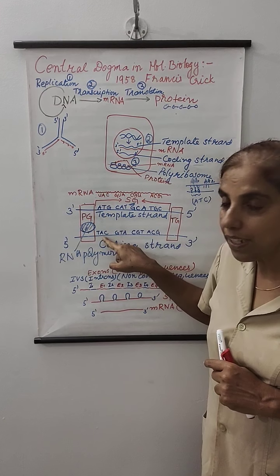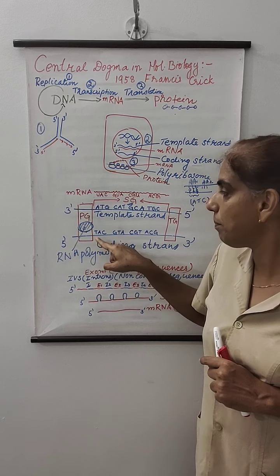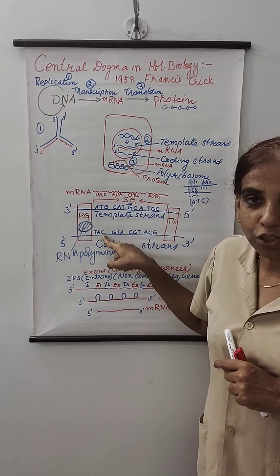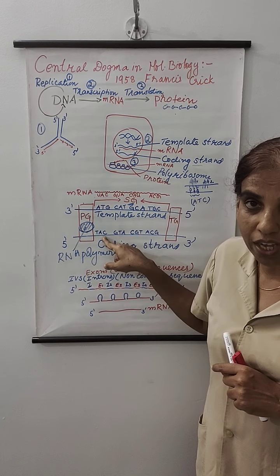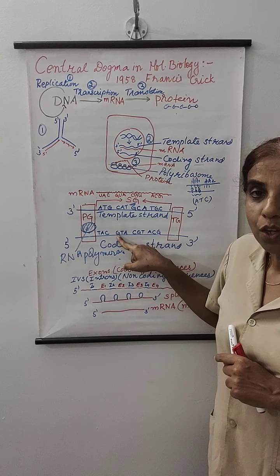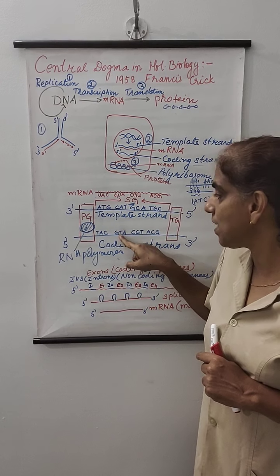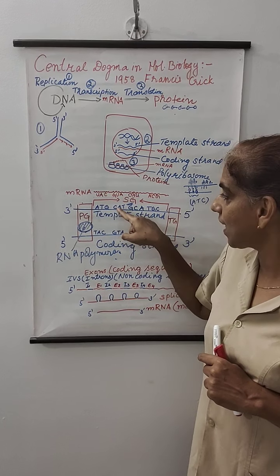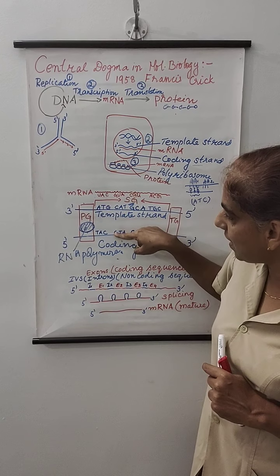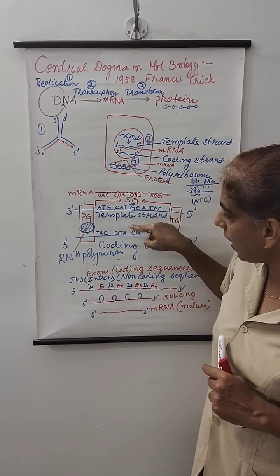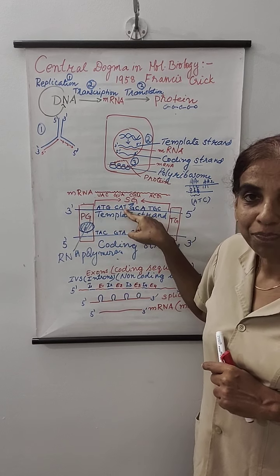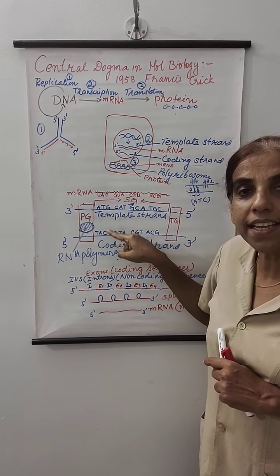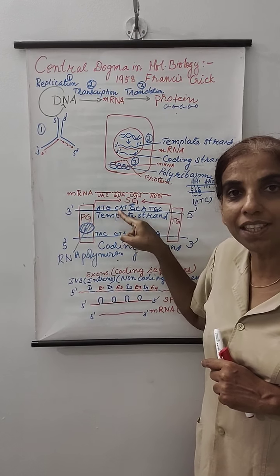The complementary pairing is thymine, adenine and cytosine, which make one amino acid. The second, guanine, thymine and adenine. Their corresponding is G for C, T for A and A for T. So complementarity is established between the two